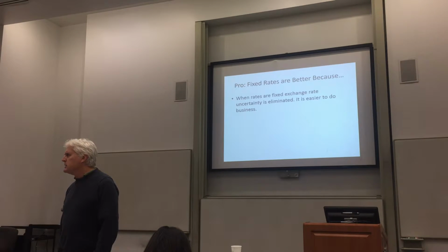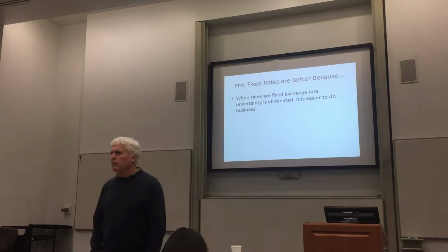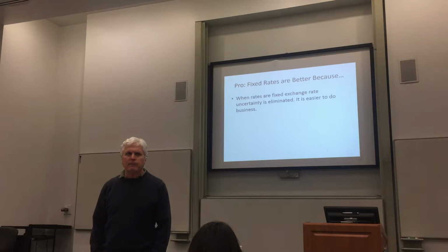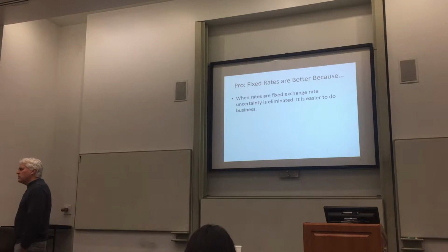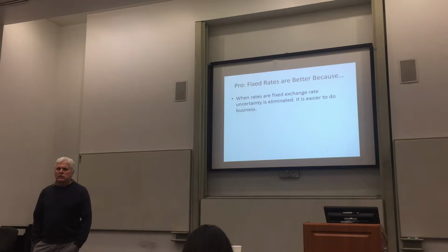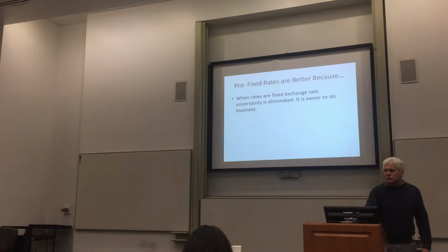An Italian company can sell goods to a French company and can accumulate receivables or payables denominated in euros and not even have to think about exchange rate risk. If we had an Italian company that did business in lira doing deals with a French company that did business in francs, and the currency floated, then there would be exchange rate risk. So I think this is an obvious point, but it's probably the most important single point. When you have a system of fixed exchange rates, you basically reduce exchange rate uncertainty.